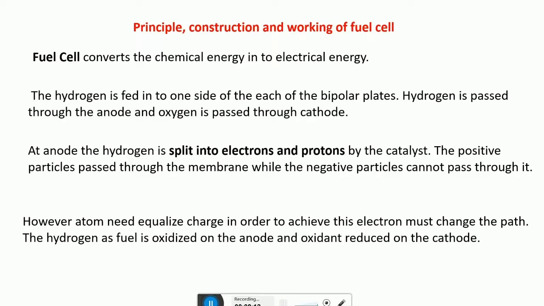Oxygen enters at the cathode, usually from the air. Oxygen picks up the electrons that have completed the circuit. The oxygen then combines with the ionized hydrogen atoms, meaning H+, and water is formed as the waste product, which exits the fuel cell. The electrolyte allows the appropriate ions to pass between anode and cathode. If other ions were allowed to flow between anode and cathode, the chemical reaction within the cell would be disrupted.